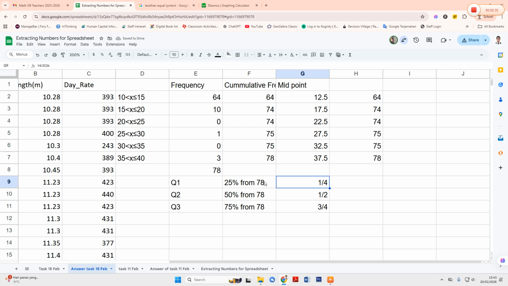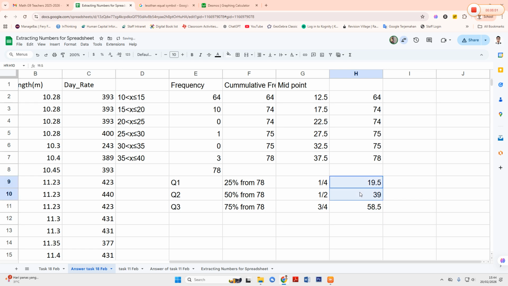Here 78 divided by 4 we get 19.5, divided by 2 is 39, and then this one we times 3 is 58.5.